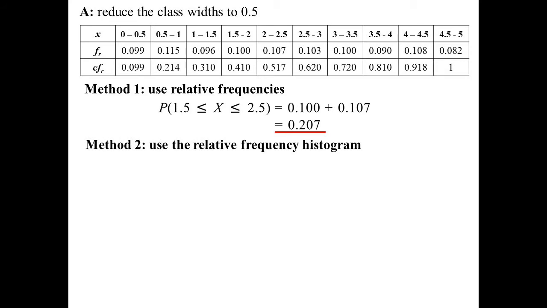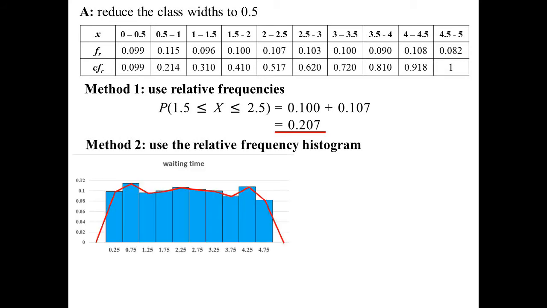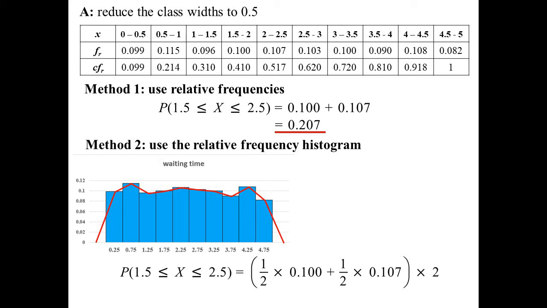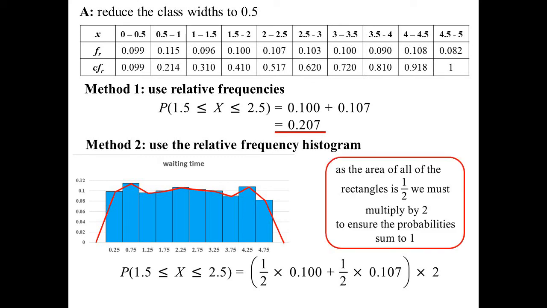The relative frequency histogram, but this time when I use the histogram, note the width of the histogram is no longer 1. So I need to multiply the answer by 2. Why is that? Because we know the sum of the areas of all those rectangles has to equal 1, because it's the sum of all the probabilities. But if I was to find the area of all of those, it would add up to be a half, because it's going to be a half times all the probabilities. I need that to be 1, so we correct it by multiplying it by 2, and we come up with